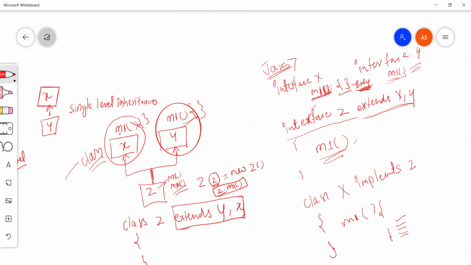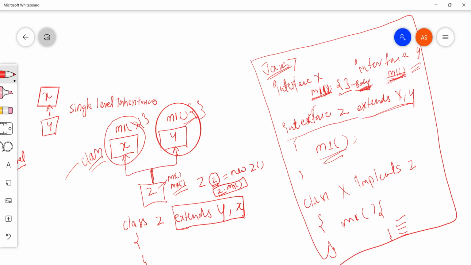When we talk about inheritance, we say code reusability, but here with this method there is no implementation associated with it. So it's not code reusability. Yes, we can use it like this, but this is not called multiple inheritance. Getting my point? We are just using the name. There is nothing else we are using.